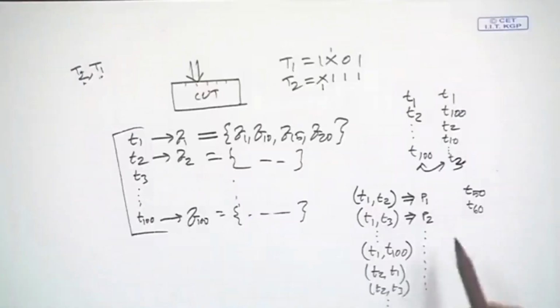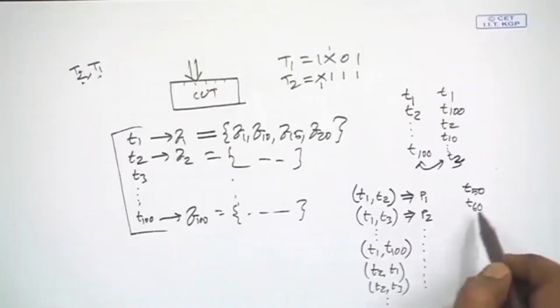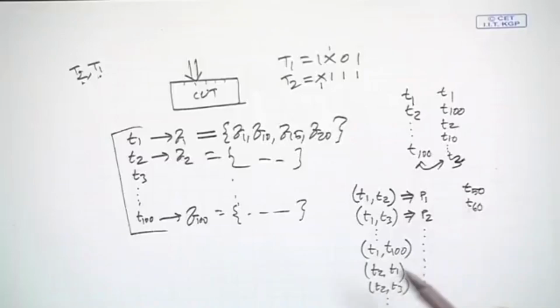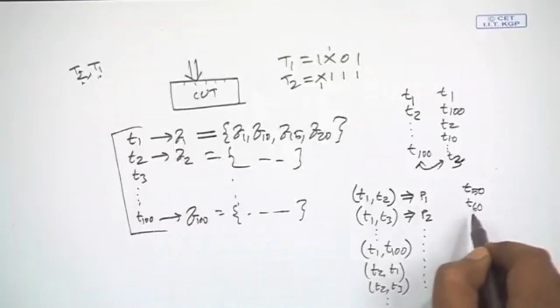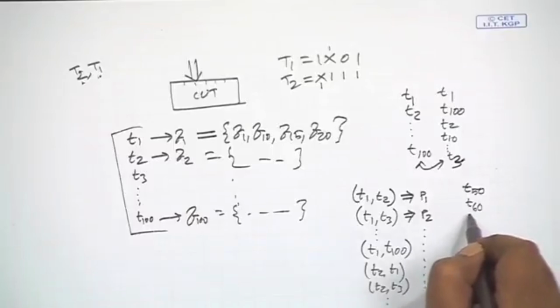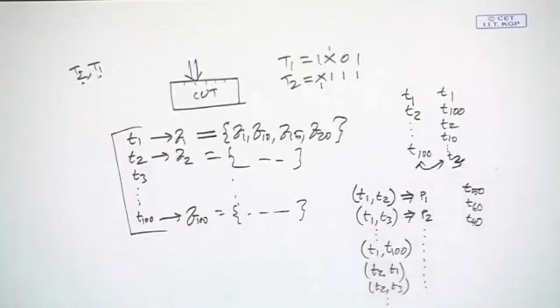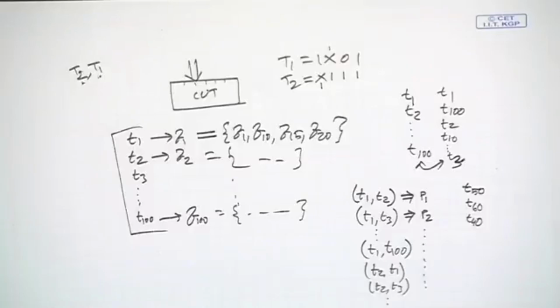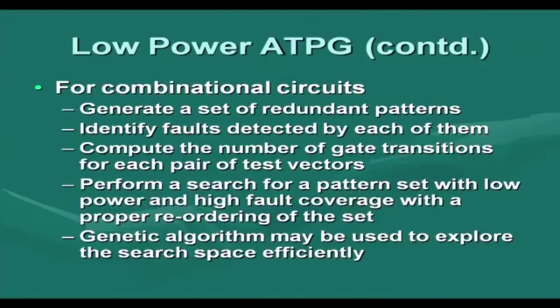Then from the remaining pattern set, I can find out after T60 which pattern combination can give me the next best power consumption. Maybe the T60 T40 pair gives the next minimum power consumption. So, we will apply T40 after this, provided T40 identifies a good number of new faults which are not covered by T50 and T60. So, this way we can search for a pattern set with low power and